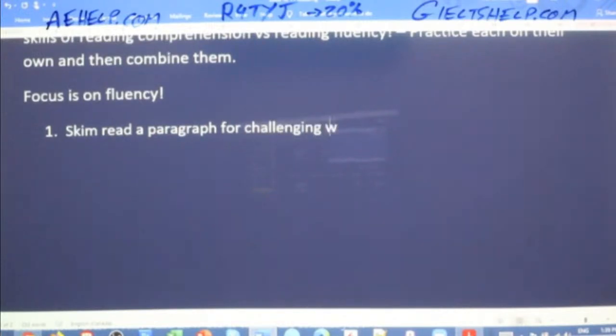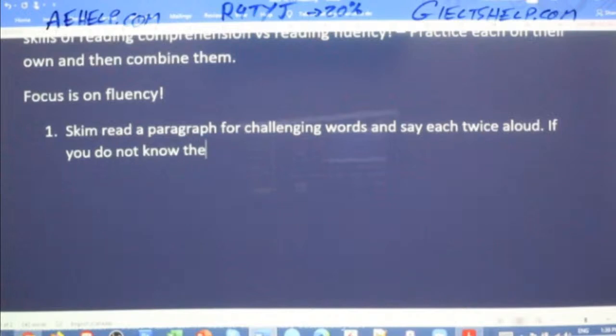The first step is, let's take it one step at a time: skim read a paragraph for challenging words and say each twice aloud. If you do not know their pronunciation or meaning,